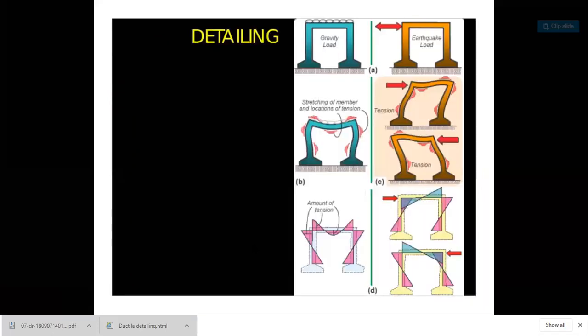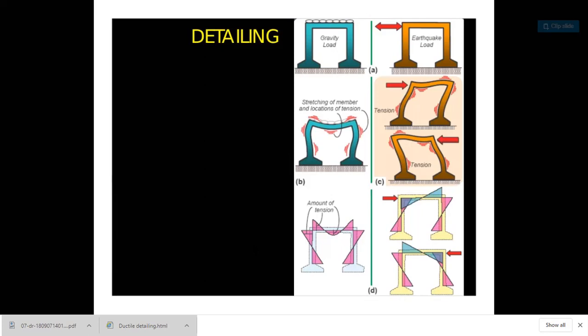We have seen the ductile detailing of the frame structure. The frame structure has horizontal members, beams, and columns. If earthquake load, which is a dynamic load, comes on the structure, then moment of the frame will occur, the beams are going to be shifted, and there is moment of the column also. Based on this you can see the sway frame or non-sway frame. In the sway type the frame is produced, meaning the structure will not stay at its equilibrium position.